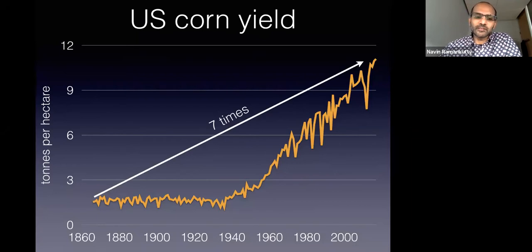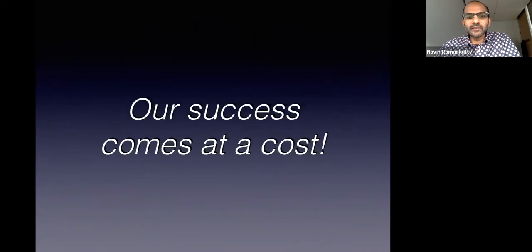So together, this has been an enormous success. While over the same period human populations have gone up, we today produce more food per person than we did 100 years ago. In fact, even while human populations have gone up, the number of people who are hungry has gone down over time. This is all great. But what I want to talk to you about today is that our success actually comes with an enormous cost as well, a really big environmental cost.